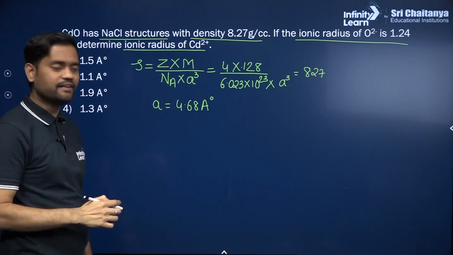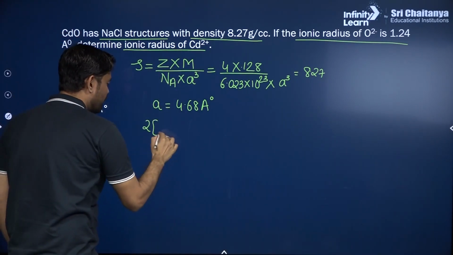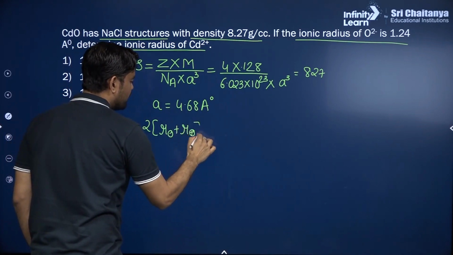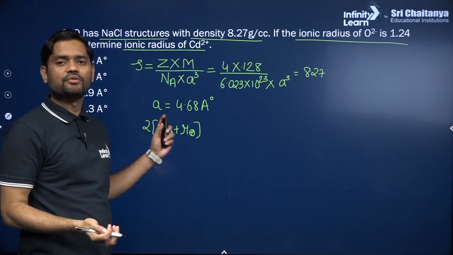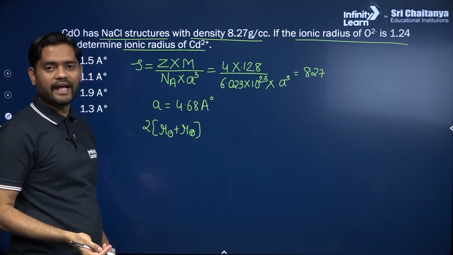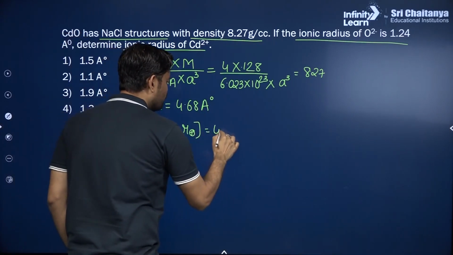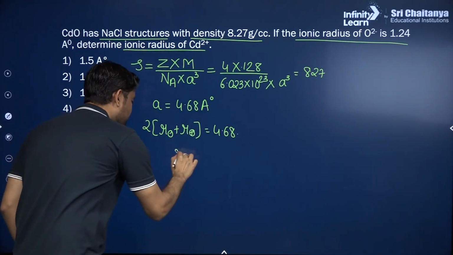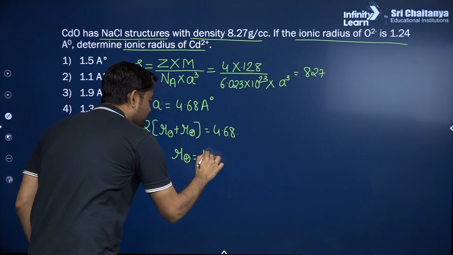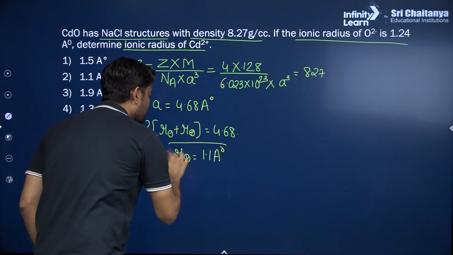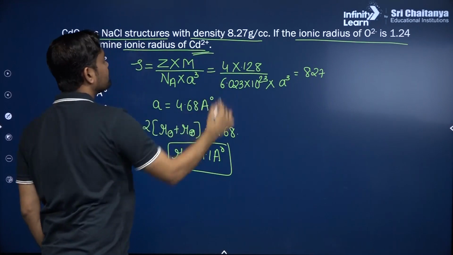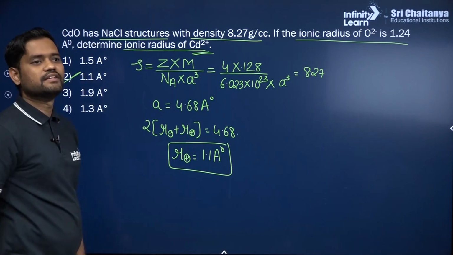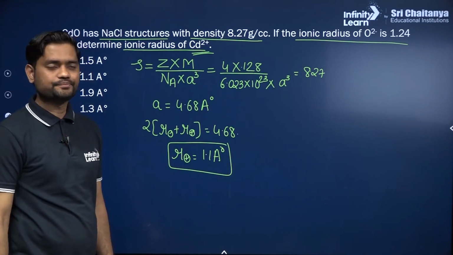Edge length is given by twice the radius of the anion plus twice the radius of the cation. So radius of cation plus radius of anion, twice of this thing, is equal to what? Edge length, that is equal to 4.68. Okay, clear? If you solve this, you will get the radius of the cation as 1.1 Angstrom, and this radius of the cation is nothing but the radius of the cadmium ion. So with this we'll go with option 2. Clear? Next,